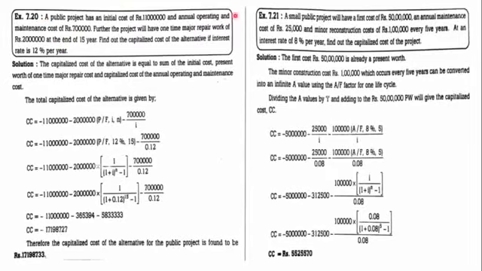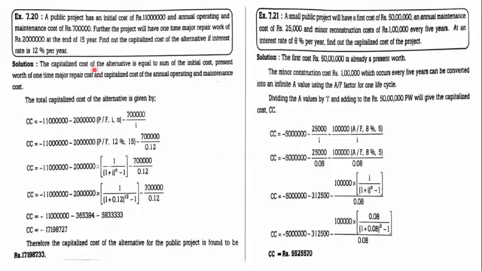What data are they given? Basically the initial cost is given, and the annual operating and maintenance cost is also given. The repair work is required one time, a major repair at the end of the 15 years. The lifespan is already given. Hence we have to calculate using the general engineering economic formula the PW of this major repair work.